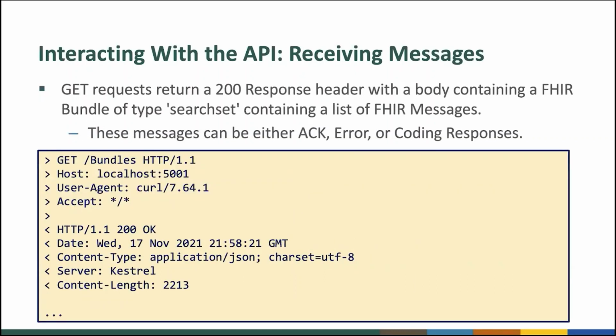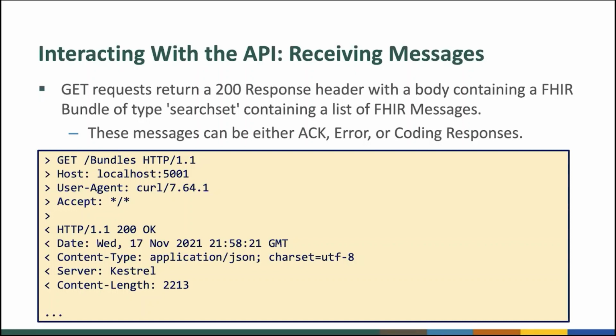And these GET requests return a 200 response header with the body of the response containing a FHIR bundle of type search set containing a list of FHIR messages. These messages can be acknowledgements, error messages, or coding responses. Essentially, each of these FHIR messages is its own envelope containing a response, which can then be processed one by one. And I'll note that the response itself,